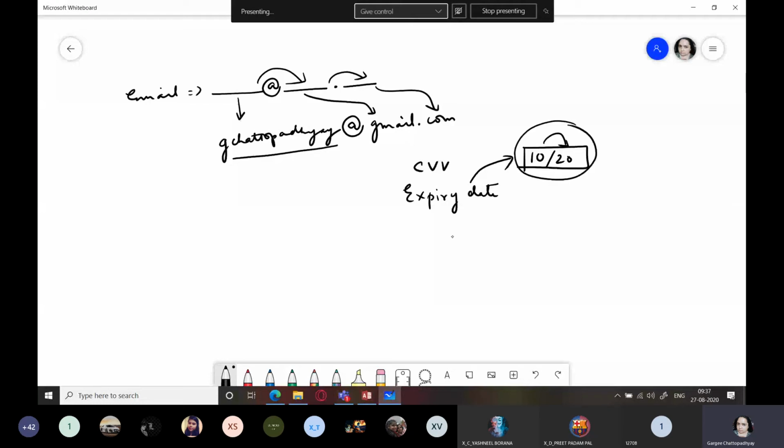And CVV accepts only 3 values. Okay, 1, 2, 3, and it won't accept any more values. Have you seen this? And even for credit card or debit card number, it would be like first 4, then automatically a dash would appear, then automatically a dash would appear.